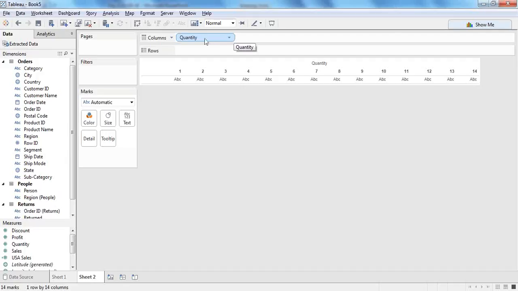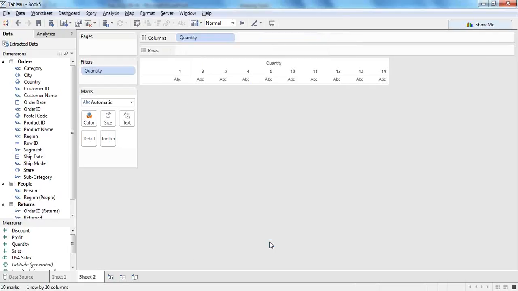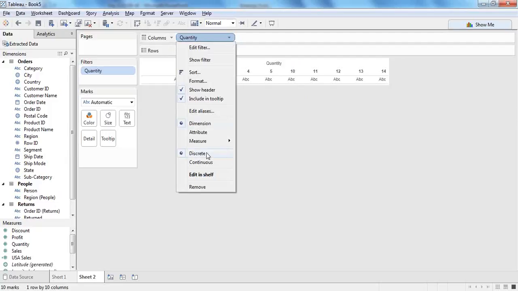I am placing this one on the filters, and I am unchecking 6, 7, 8, 9. If I uncheck 6, 7, 8, 9, it is hiding all those values, right? This is blue in color and it is discrete, right? If I change it to continuous,